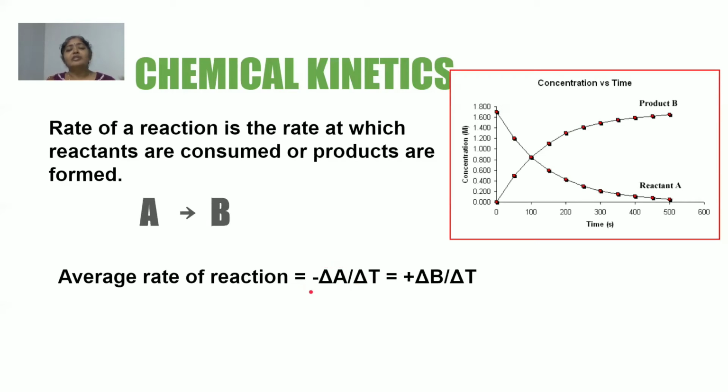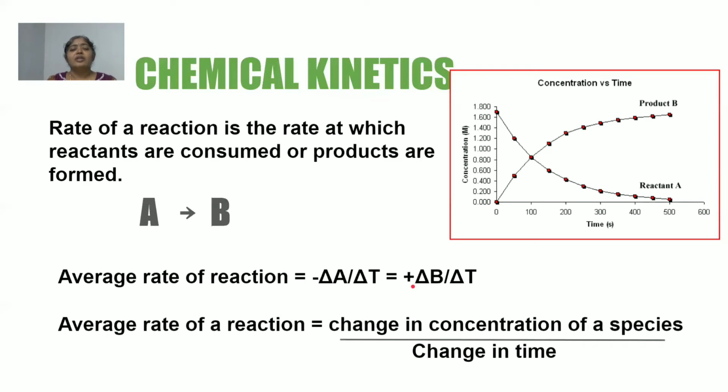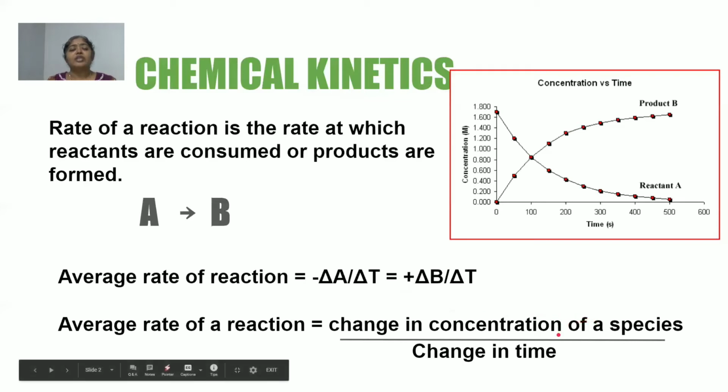Okay, remember the rate is a scalar quantity. It has to be positive. You cannot have negative values for the rate of the reaction. So this negative sign is only an indication that we are expressing the rate in terms of the concentration of reactants, and the reactants are getting consumed over a period of time. Whereas when I write it in terms of products, we put a positive sign because the concentration of products goes on increasing with respect to time. Okay, so I can define average rate of reaction as the ratio of the change in concentration of a species, that means it can be either reactant or product, with respect to change in time.